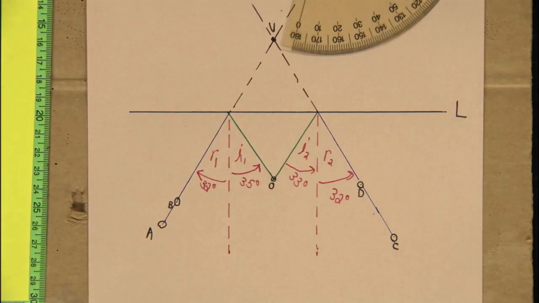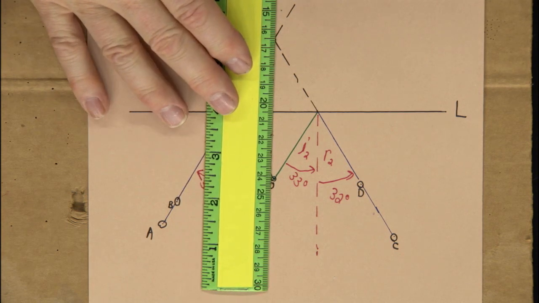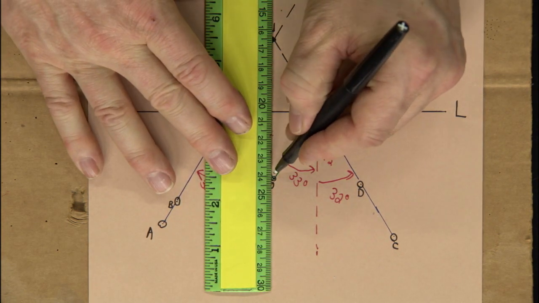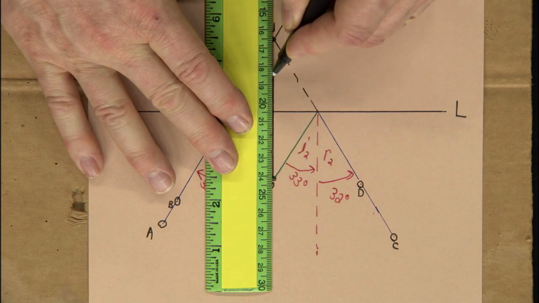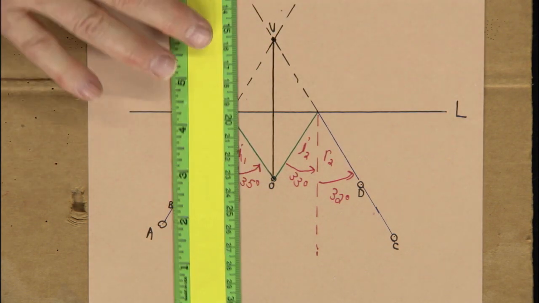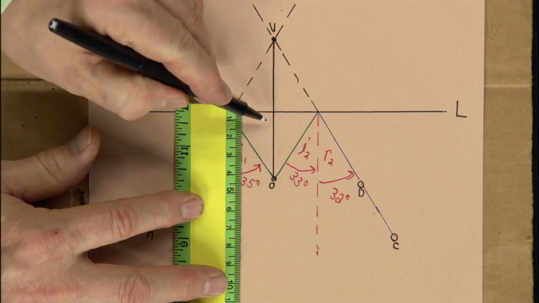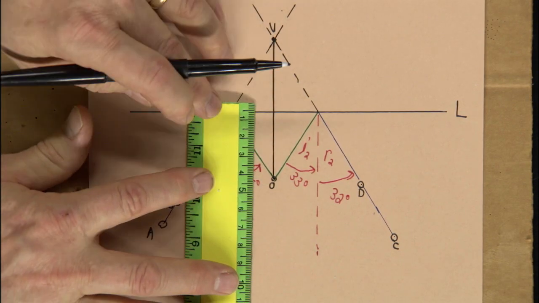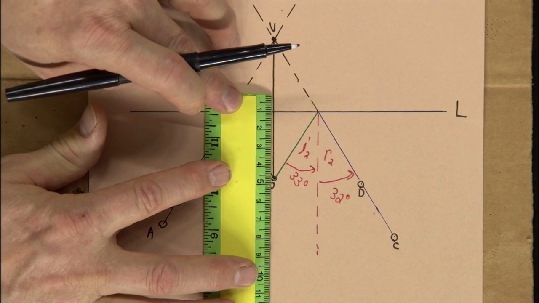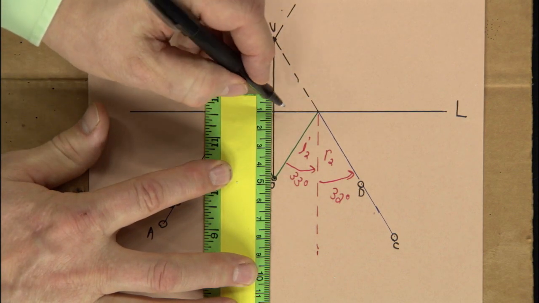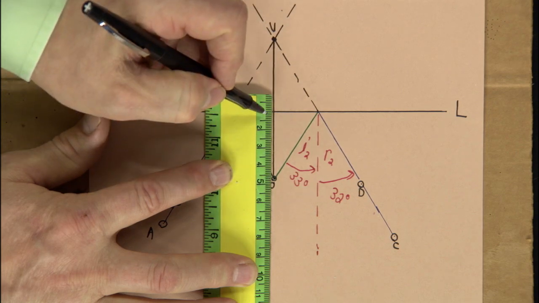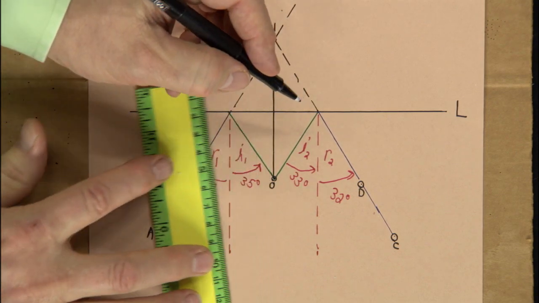What about the fact that the object is as far behind, appears to be, the image appears to be as far behind the mirror as the object is in front of the mirror? Well, to do that, I need to draw a line from the object to where the virtual image is, and then simply measure from the object to the mirror and the virtual image to the mirror. And we'll start with 1 so we don't have it cut off. And that looks like 3.7